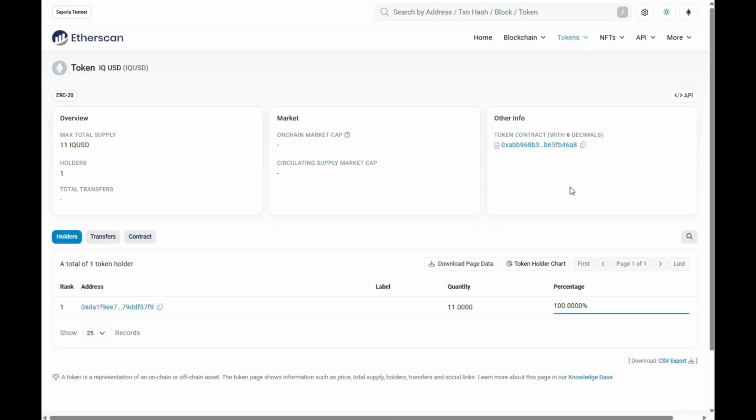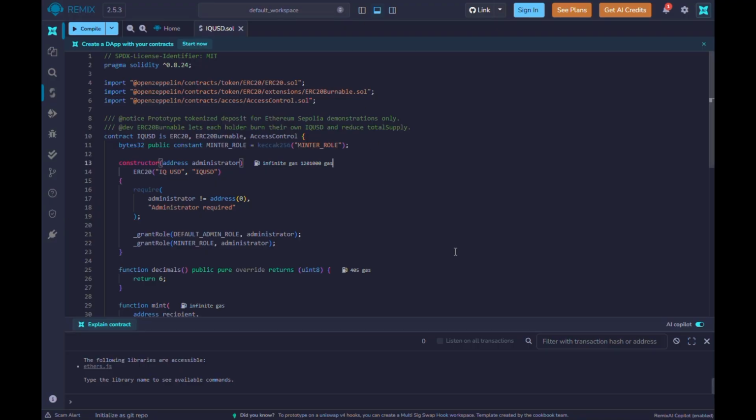Upper right-hand corner under other info is the token contract, also known as a smart contract, that is stored in this address here. The contract is in Solidity. So this was coded. It was compiled with this button here, and the bytecode was uploaded to the address that